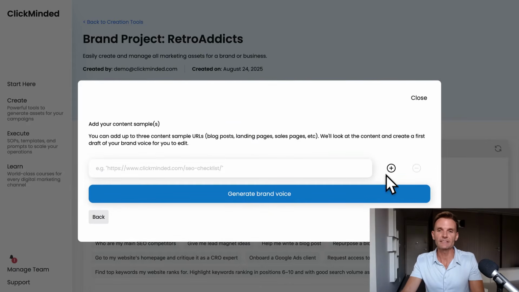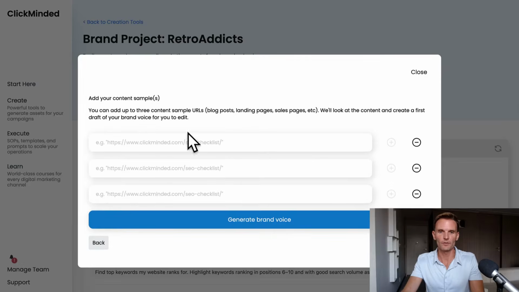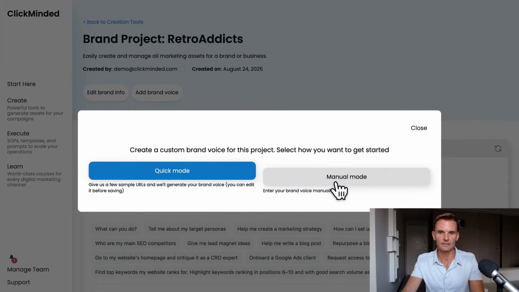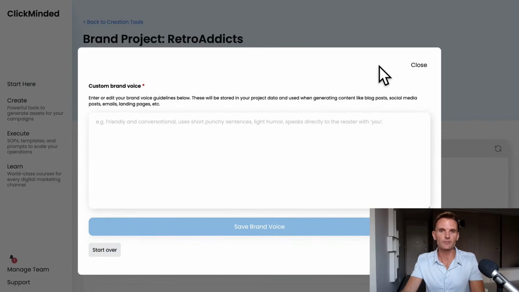You could give us some content samples if you'd like. If you have a couple of URLs, we'll generate a brand voice for you based on past content. Or you could do Manual Mode. You can actually tell us, hey, make it friendly and conversational, make it serious and direct. You can let us know either one of these and we'll add all of those changes to all the recommendations